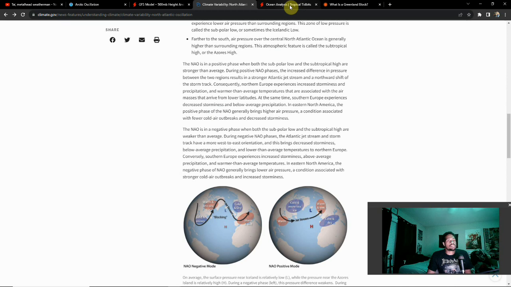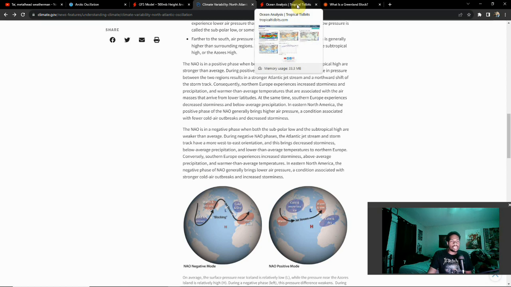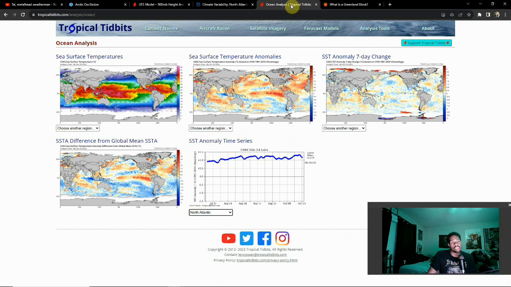From what I can see here, usually you'll see the AO and the NAO possibly in different phases here. I don't know so much that these two could be in a similar phase. I'm still learning a bit about this, but at the end of the day, both of these warrant a lot of attention, because this will affect our winter, this will affect our summer, this will affect our hurricane season, and so much more. So now we can actually look at those sea surface temperatures here.